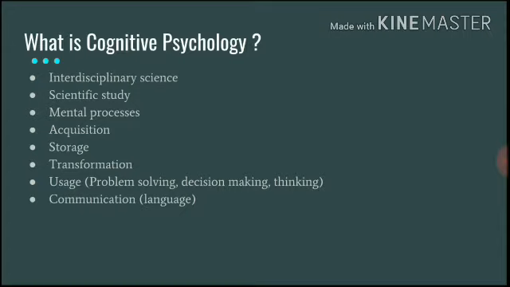And if you can see in the schedule that we have, it earlier was an introduction to cognitive and developmental psychology, but now it's divided. So today we'll be looking at only an introduction to cognitive psychology, and in the following session we'd look at an introduction to developmental psychology.